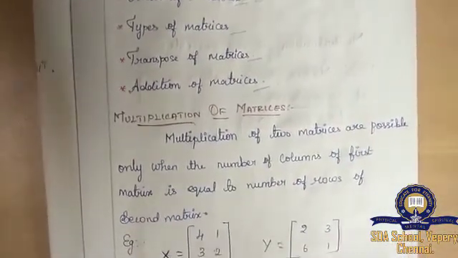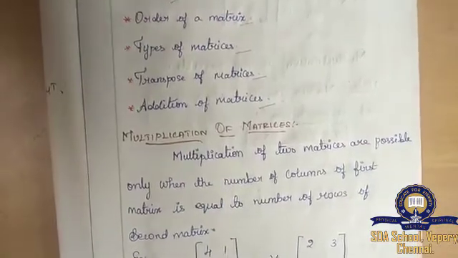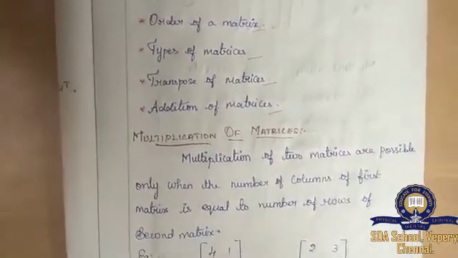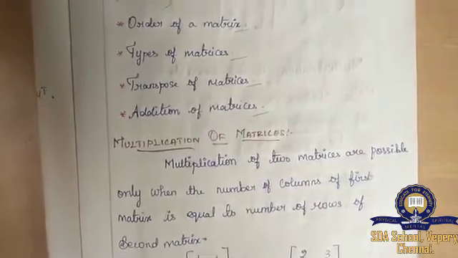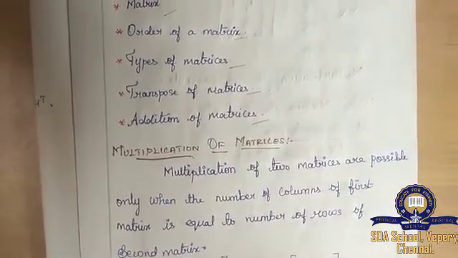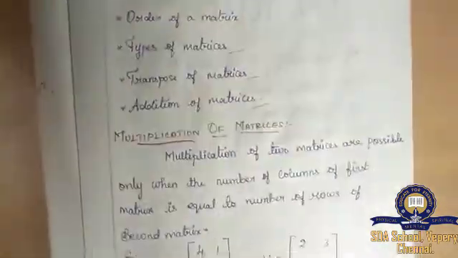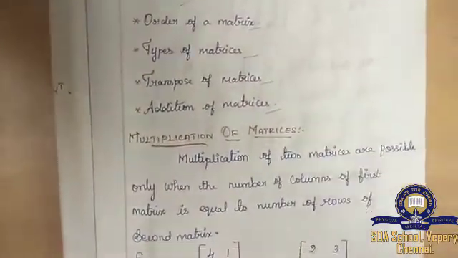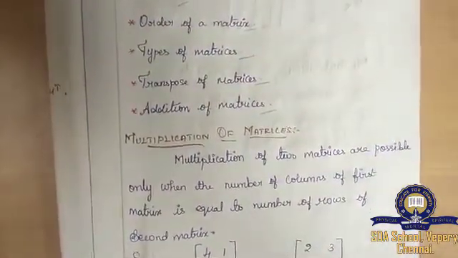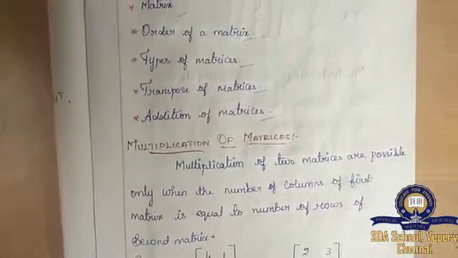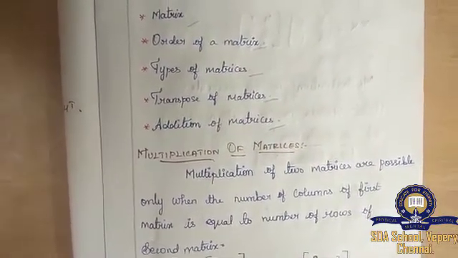Then what is the order of a matrix? The order of a matrix is nothing but the number of rows and the number of columns of the matrix which is given. Am I right? Then when is the addition of matrices possible? If the orders of both the matrices are the same, then the addition is possible. Hope you people remember. If you have any doubts, please go through the last video.